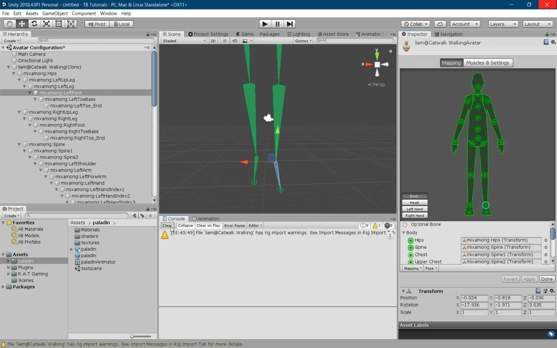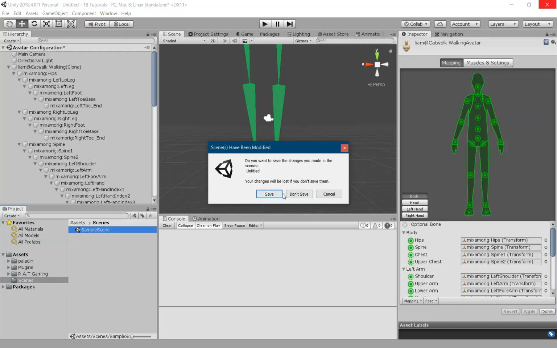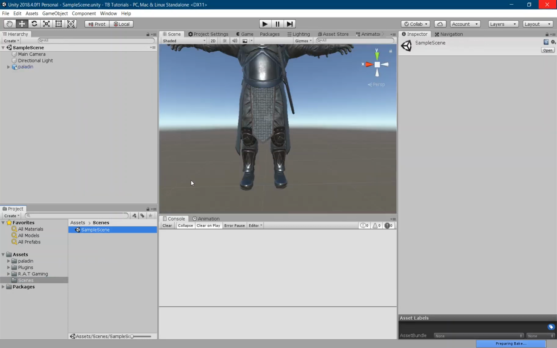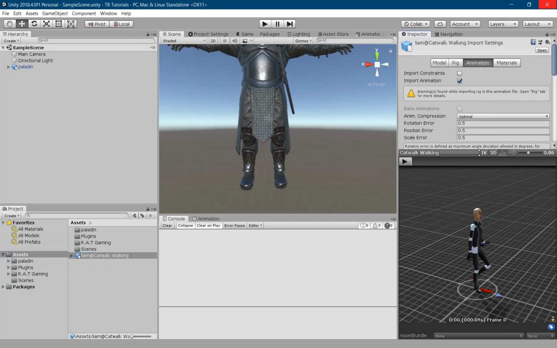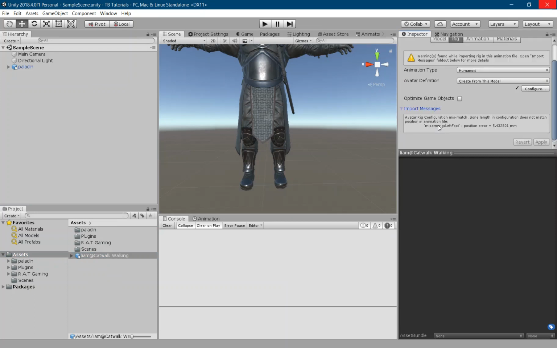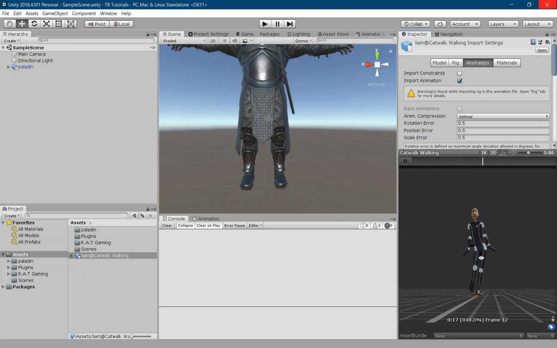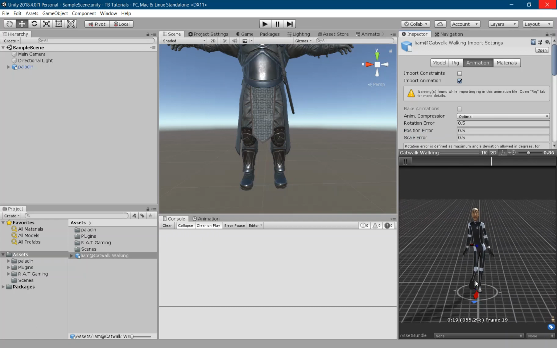And clear that. And then we can go over to my scene. Where's my scene? There it is. Don't save, because we don't want to save that scene. So now we can go over to our animation here. Hit animation. What's the issue? That may not be an issue. We'll see. Then we can preview the animation in here with this guy, and you'll see immediately